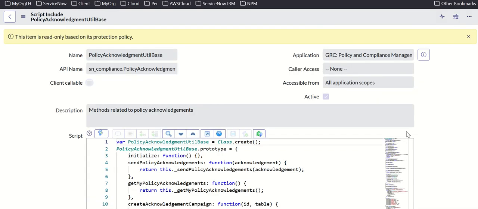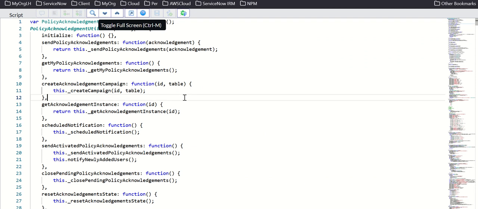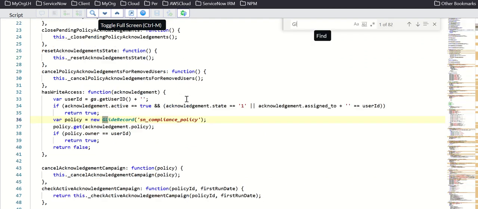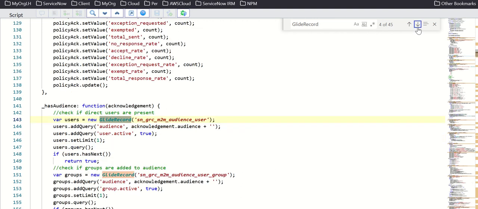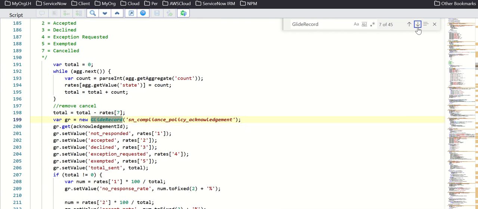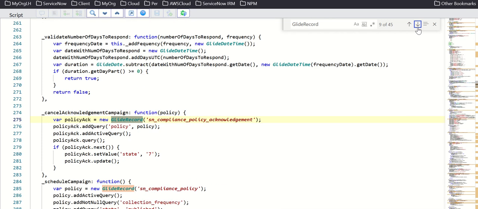And if you look at this definition, you can see that again, we'll take the same approach. We'll look at GlideRecords. So it is looking at the SN compliance policy table, and then it's looking at acknowledgement instance, and then policy exception, audience user group, audience user, then audience filter, again compliance acknowledgement, compliance policy